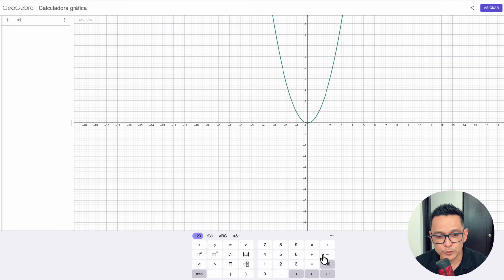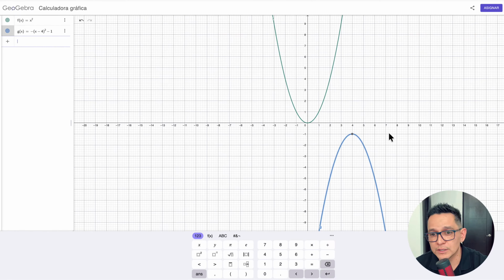So we start by putting a minus. Let me hit enter so it saves. Now it's good. So we put a minus, and we have to open parentheses. Here's the parenthesis. We put x minus 4. Then we have to move over, because we need to square it. And then we have to subtract 1. We hit enter, done. I want you to see that the graph of the function minus (x minus 4) squared